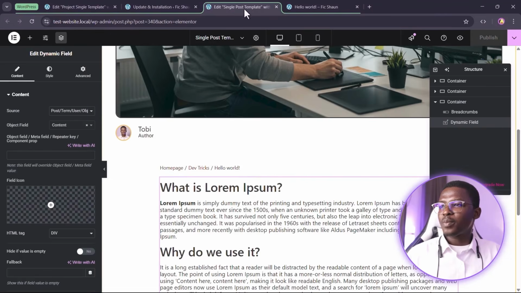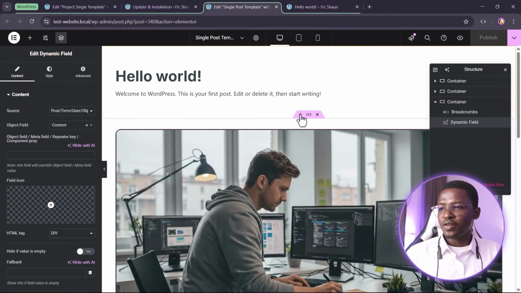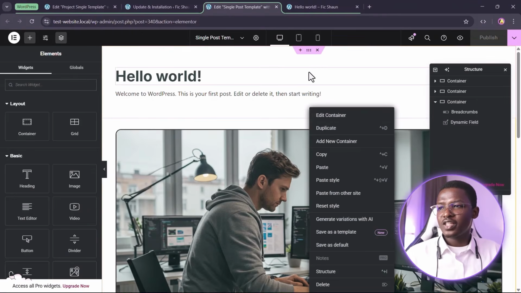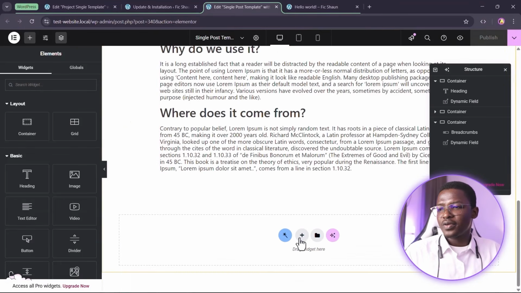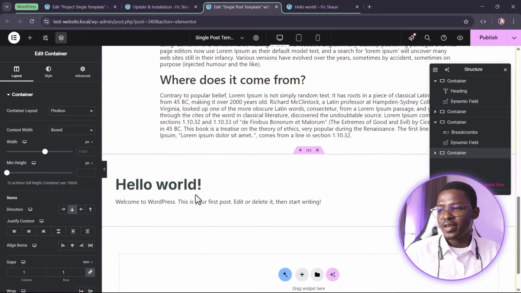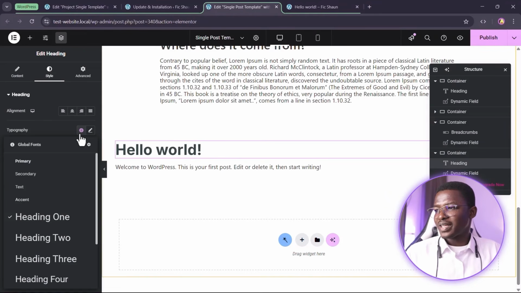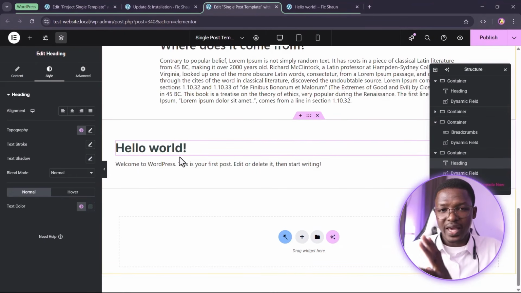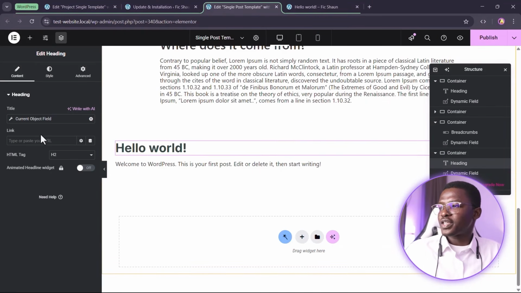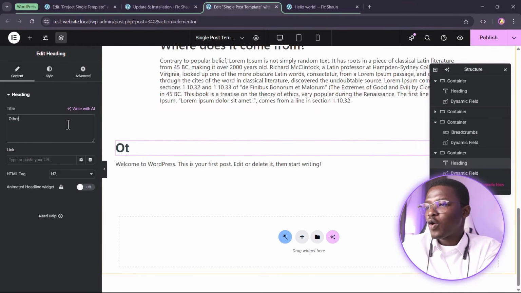Now let's come back inside of our post template right here, and we want to add the final section inside of this tutorial. We're just going to copy this. Let's maybe copy the section we see at the top right there. Let's just copy that and come down here and paste that section right here. And this one should say, first, we want to change that to H2 instead of H1. And we want to come to the style and keep this style as a H2 style so that it's a style that matches the heading size. We'll come inside of the content right here, and instead of this dynamic field, we want to instead say other